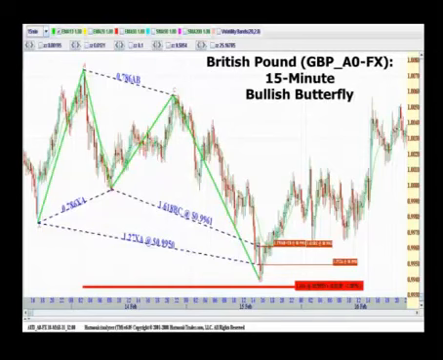We're looking to take action and execute immediately after the completion point of the pattern. But in this case, despite exceeding that 127 XA leg, it did not continue lower, and it held above that 141. If we were looking at this pattern and we were waiting for the entire potential reversal zone to be tested,